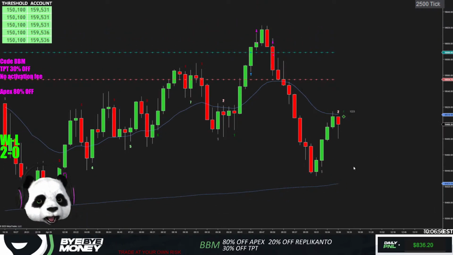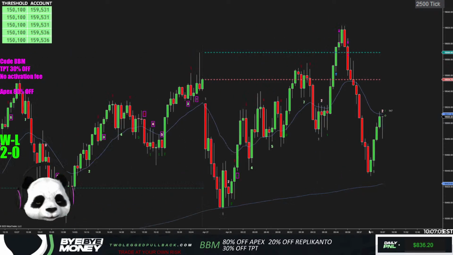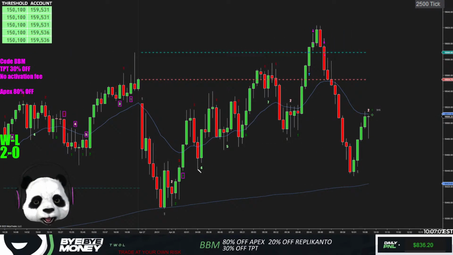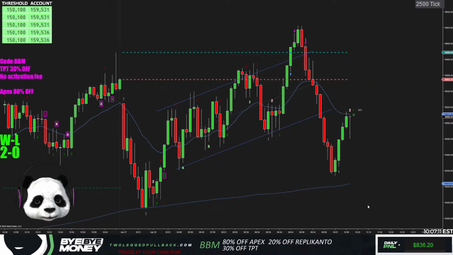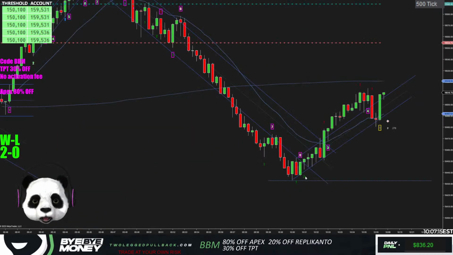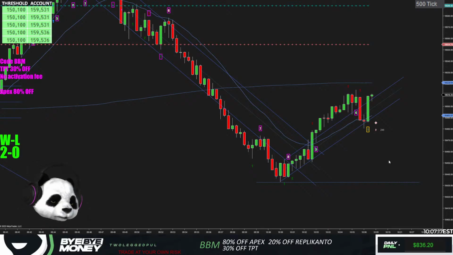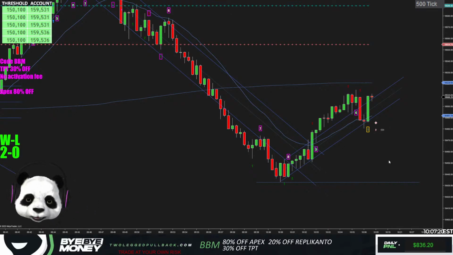A super strong push down. You're thinking with a bear leg like this, there's going to be some follow through, in my opinion. Like you're going to retest the lows some way, in my opinion, but maybe not. But I think that is a strong enough leg down where you want to test the lows one more time. But who knows? I mean, V bottoms happen often, so they're not uncommon.